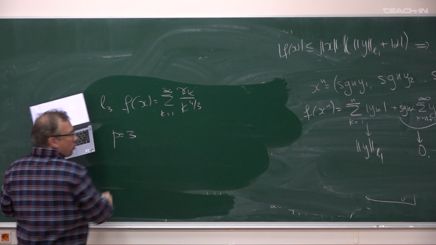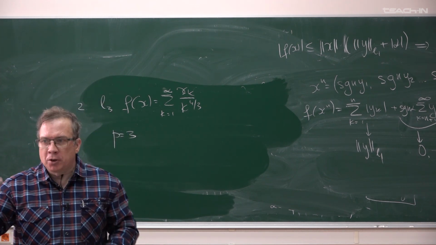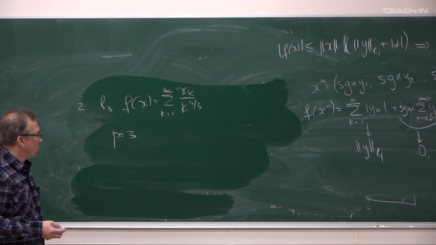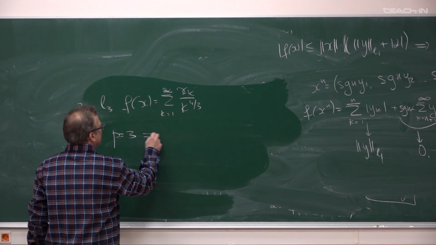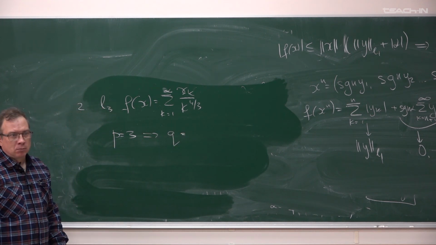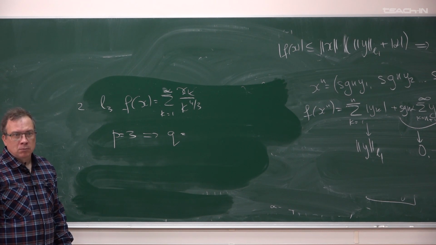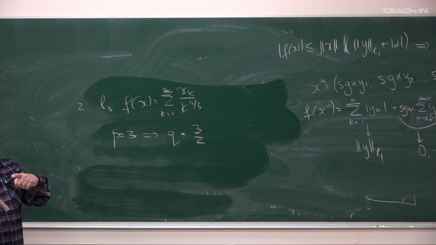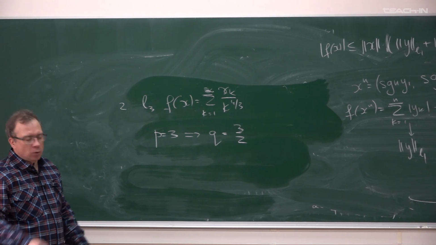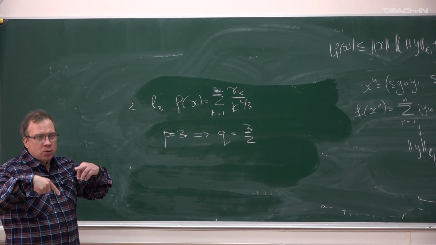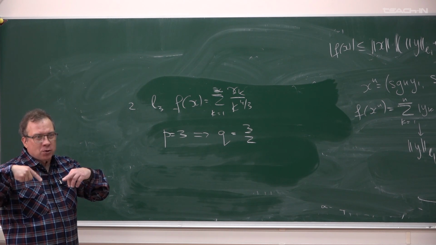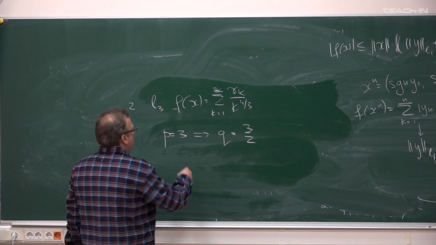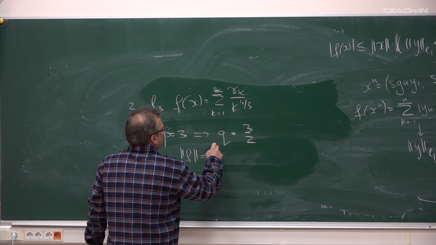So P equals 3. First step, you must calculate Q. What can you say about Q? Three or two, yeah. You're right. But 1 over Q is 1/3. So Q is 1 over P is 1/3. So 1 over Q is 2 over 3. So Q is 3 on 2. Yeah. And we know that the norm of this functional is just